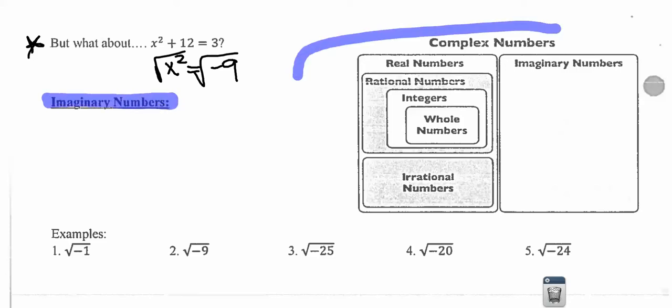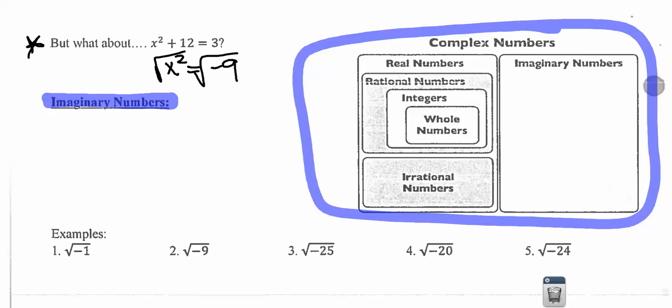So this right here is an example of our number system. Our number system, we have only ever focused on the left side, which are the real numbers. The real numbers consist of everything we've learned before. Rational numbers, which are fractions, integers, whole numbers, irrational numbers like pi or imperfect square roots. But now we have to talk about the imaginary number system, which is just a plus bi. Okay? So an imaginary number